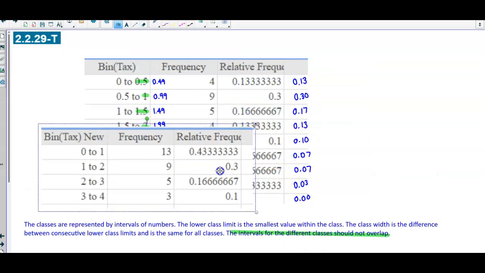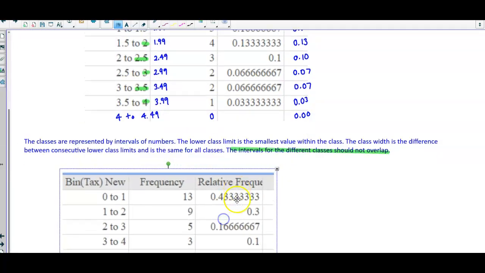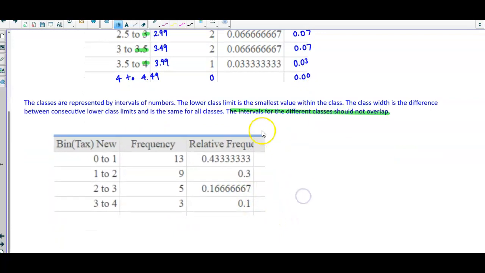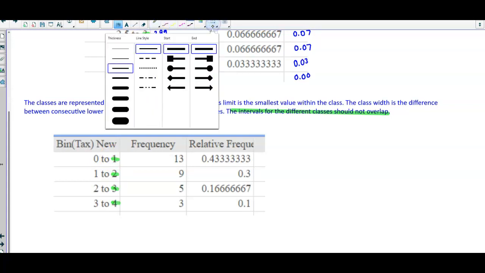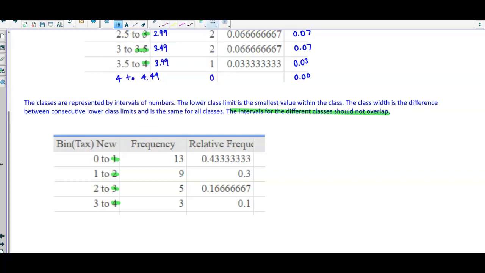Okay, so this is our new information. Remember that the intervals for the different classes should not overlap. So we need to change these upper limits so that they don't overlap with the lower limits. What we want to do is go from 0 to, let's say,